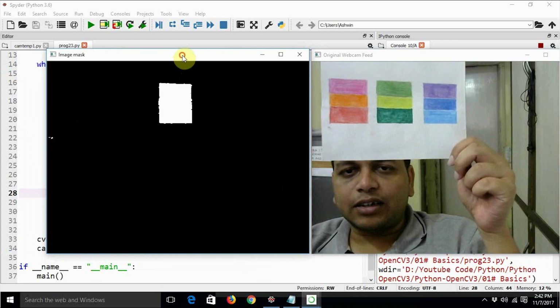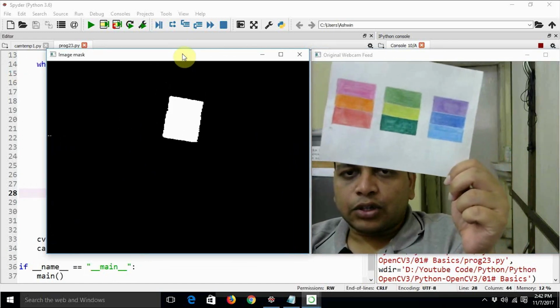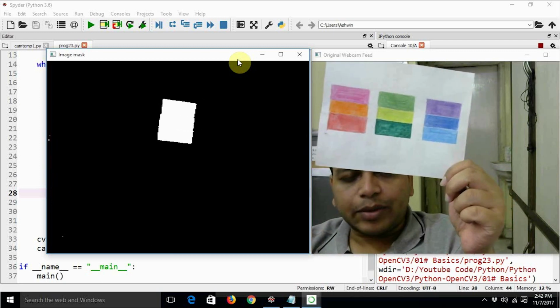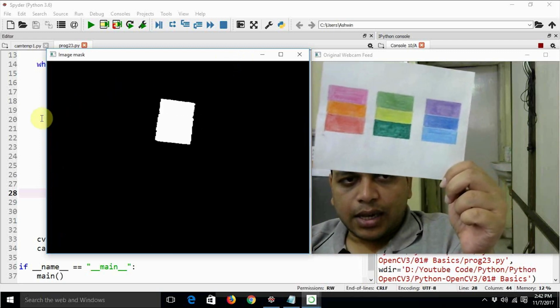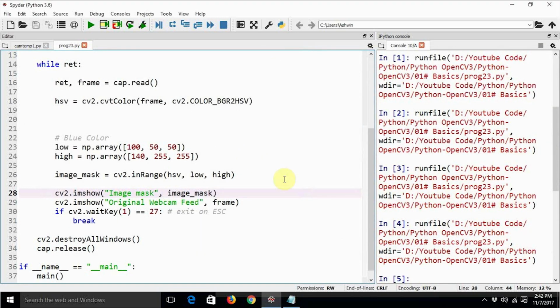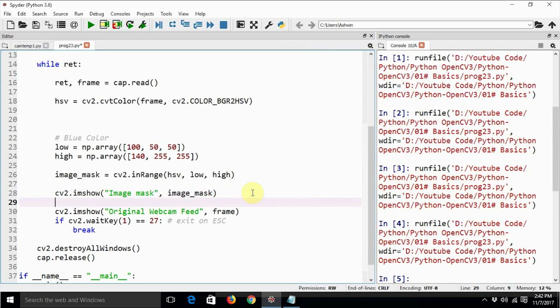As I have told you, the image mask is a binary image, or a binary matrix. In case you are interested in seeing whether it really is a matrix, you can just print the image mask.